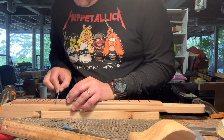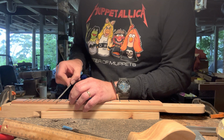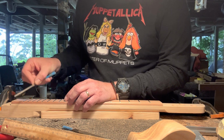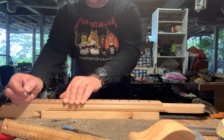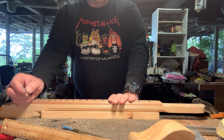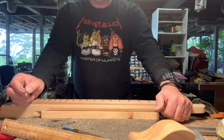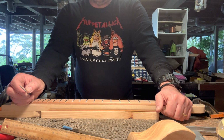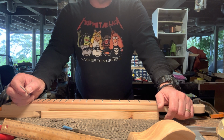Look at this. All working, guys. All happening. Just taking those edges off. This might have to be a two-parter. I'm not sure. Depends if my phone will allow the uploads. But that's basically it. Once this is done, I can stain it. I can install it on the guitar. And then more importantly than anything else,